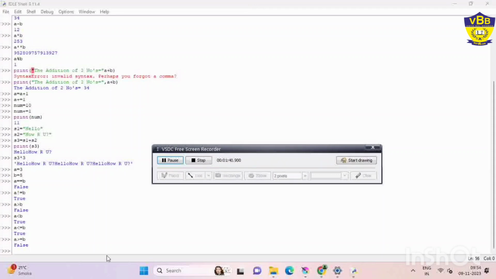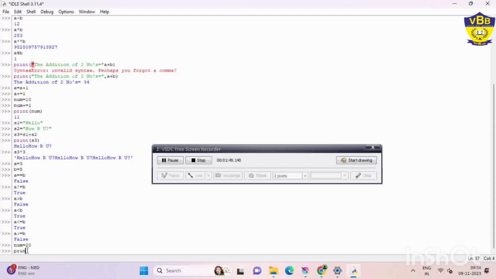So num is equal to 20. We are already in the shell mode. Suppose in the print we are writing two conditions: print logical AND.